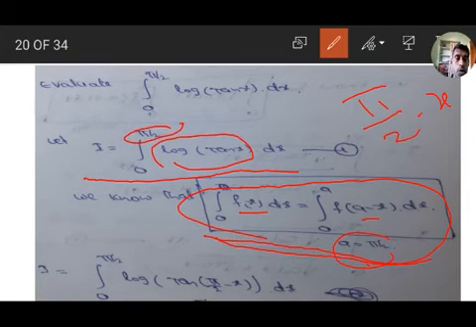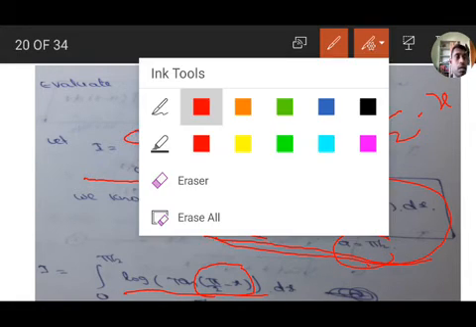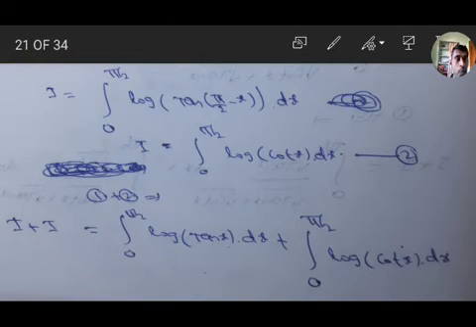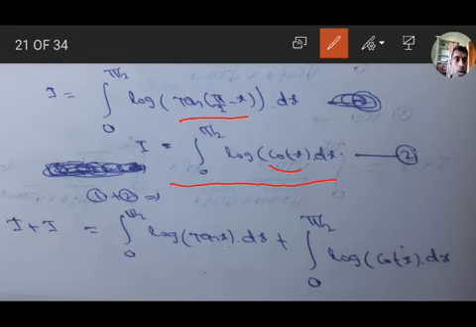So I equals the integral from 0 to pi by 2 of log of tan of (pi by 2 minus x), and tan of (pi by 2 minus x) is cot x. So log of cot x. We will take that as the second one. That is, I equals the integral from 0 to pi by 2 of log of tan of (pi by 2 minus x). Tan of (90 minus x) means cot x. That is, I equals the integral from 0 to pi by 2 of log of cot x. That is equation 2. So adding 1 and 2,